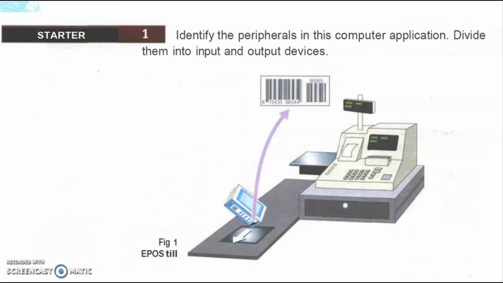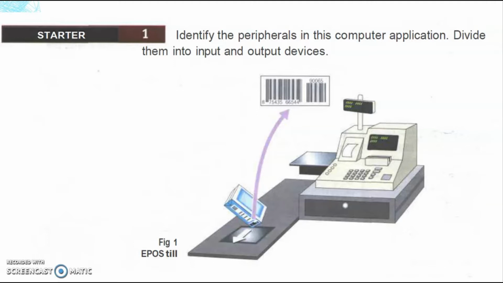Well, take a look at this picture. So here we see a cash register, and we see the barcode, and we can see the scanner there. So just imagine which one is the input devices, and what about the other one, the output devices. Okay,